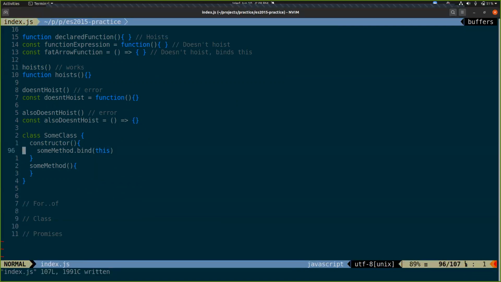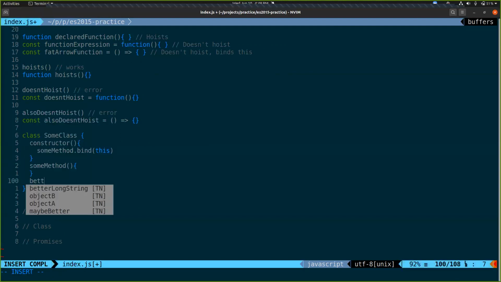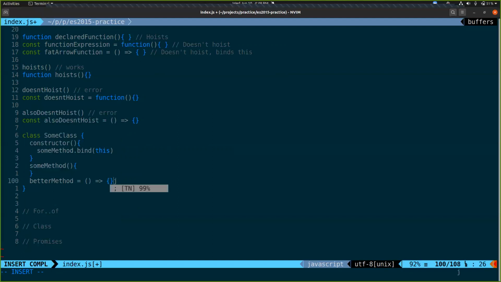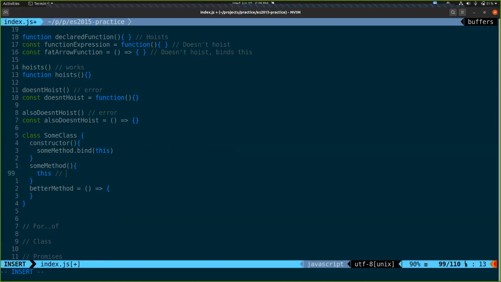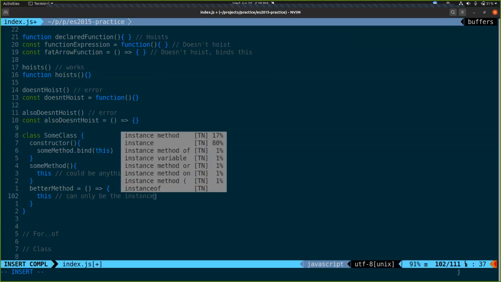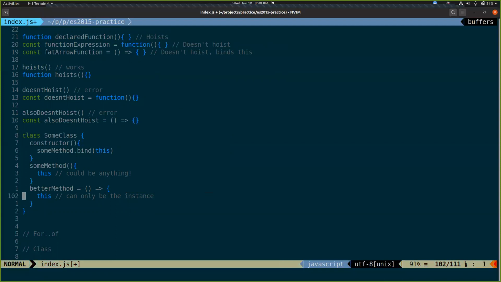And what sucked is you had to do that for every single method in your class. Stupid. A fat arrow does the exact same thing. It allows us to do that.